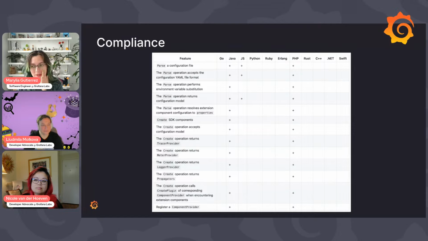And also, if you're listening in and you still have some feedback, this is your chance. You can start using, for example, the Java one that is already ready to use. So you can provide some feedback, anything that might be missing, that is your chance. So we can add that to the actual spec before we mark it as stable.